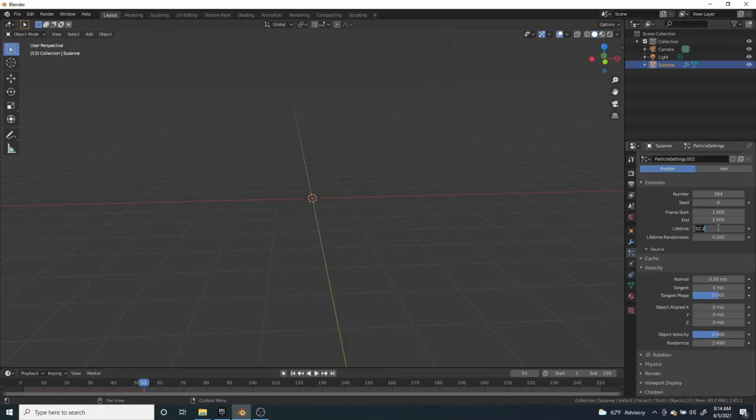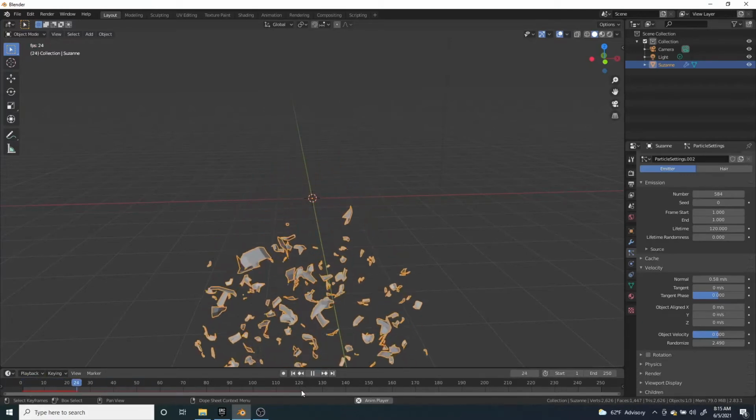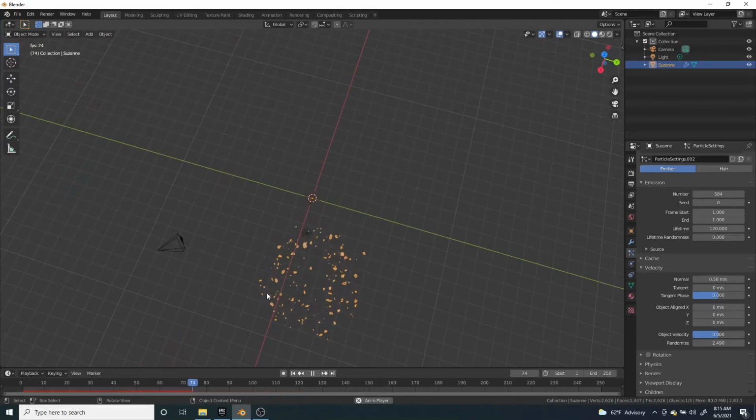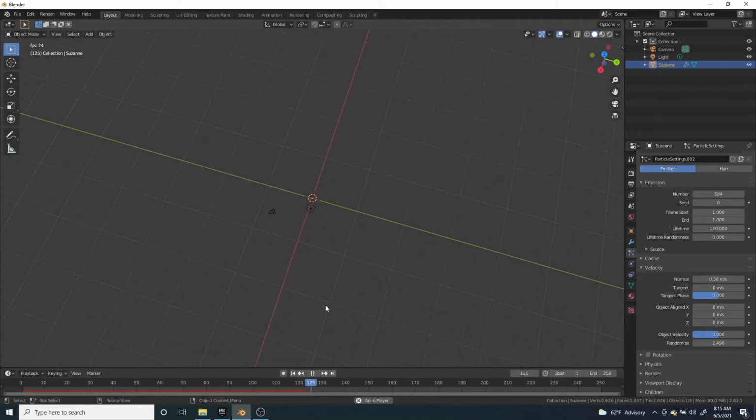Lifetime, let's just say 120 or something, and now it'll go to frame 122. Okay, cool. The next quick effect